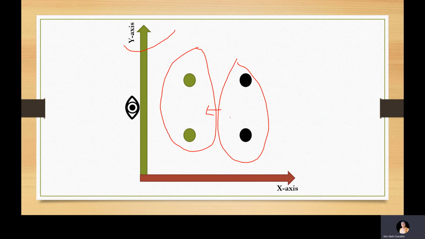green points. This is the point which is common and also can be seen from x-axis, and this is the new point which is visible from y-axis and cannot be seen from x-axis. In this case, the visibility is also 50%, since we can see only 2 points out of 4.